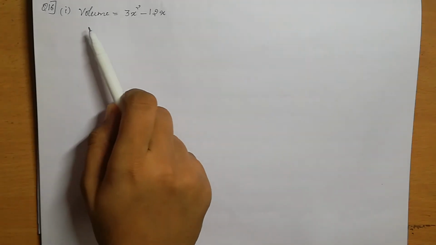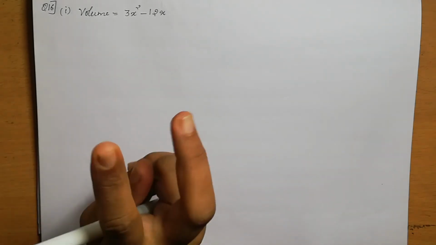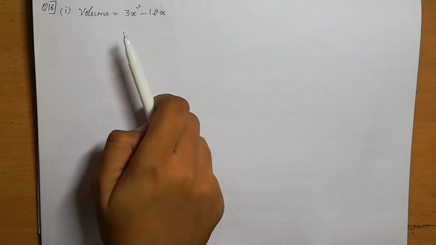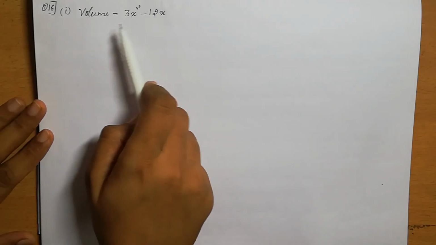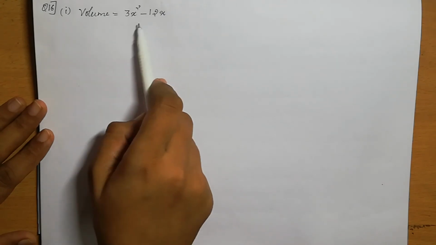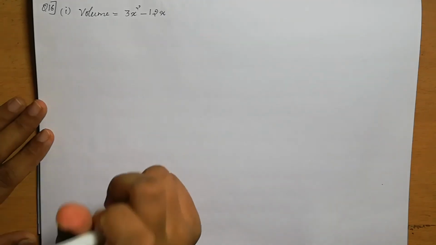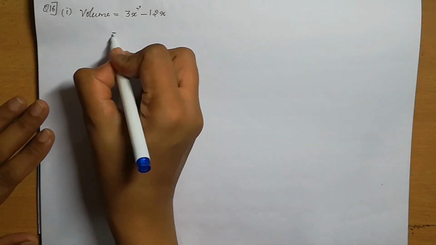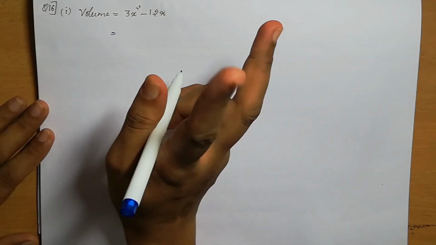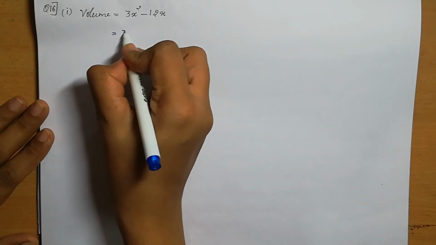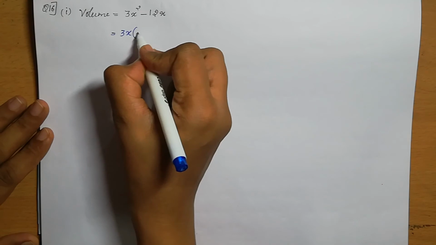Here it is a cuboid. Cuboid volume means what? 3 sides should be there, correct? So we are going to find the length, the breadth and height over there, correct? For LBH we are going to find out. That means it is given, it is a cuboid and it is a volume also. That means here we are going to find 3 factors. So how can we find? This volume is equal to 3x square minus 12x, only 2 terms. That means we can just take common from these 2 terms. Which one is common? 3x is the common factor. So what is remaining? x.